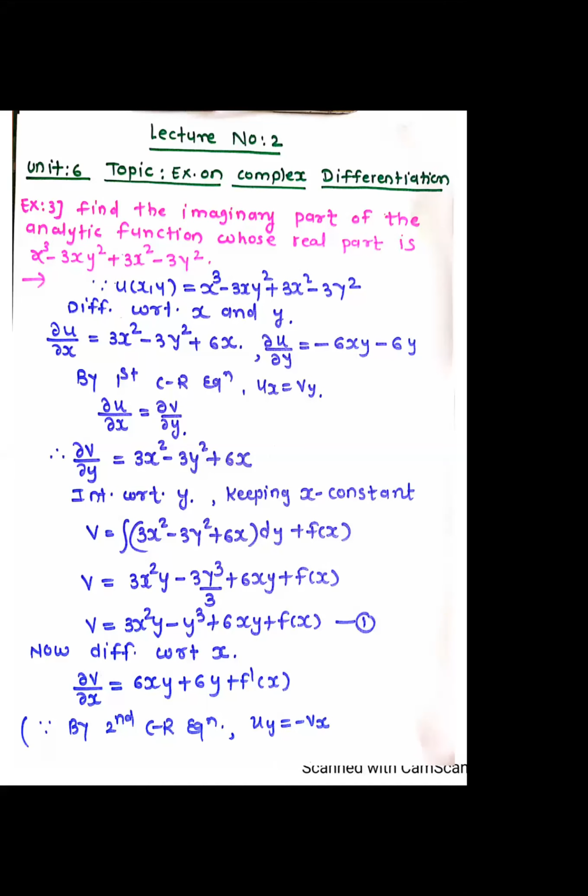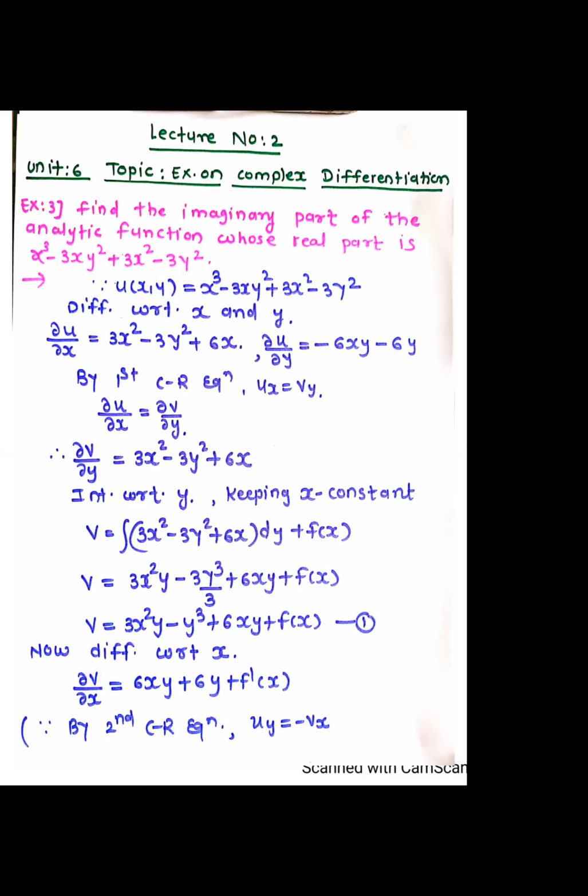We are going to see some more examples on complex differentiation. In the previous lecture, we have studied the topic when the real part, that is u, is given. Then we have seen the procedure how to find the v, that is the imaginary part. And once you get the real and imaginary parts, we have seen how to find the analytic function f of z in terms of z. Whatever function you have will be in terms of x and y, so we can convert it in terms of z by putting x equal to z and y equal to 0.